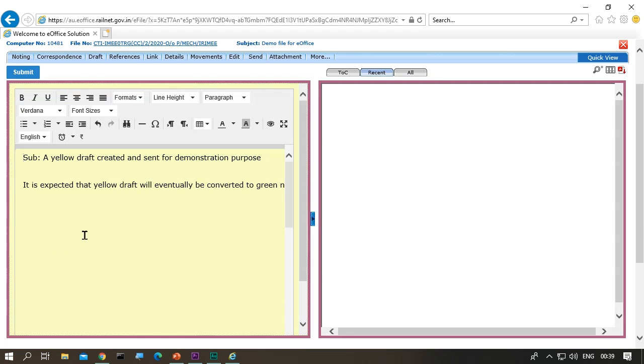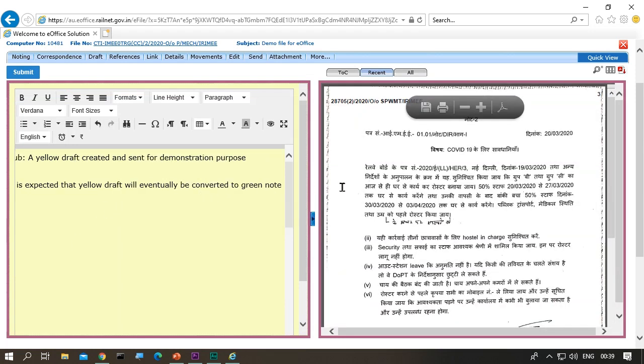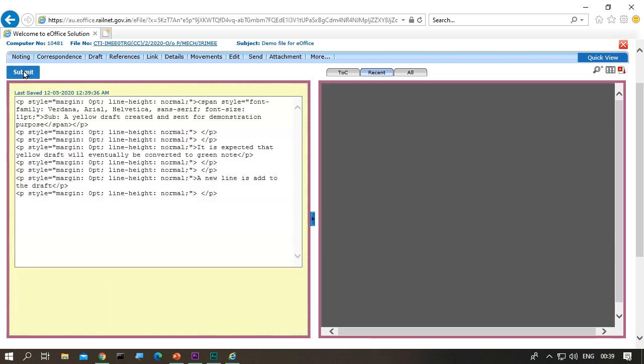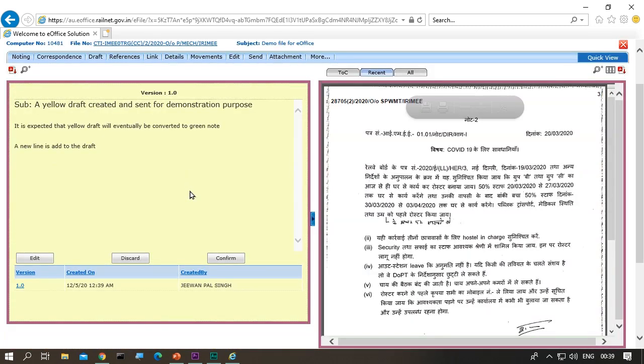The yellow note can be edited by clicking on the edit button, and the draft can be revised. Submitted once again.